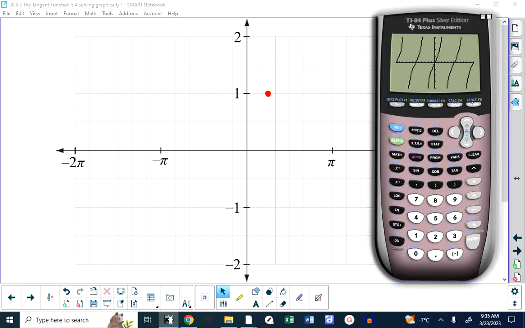If I were to, you don't need to change yours, but if I were to change my window setting to negative 4 to 4, just to look further up and down, I discover that it just keeps going. And the reason for that is,